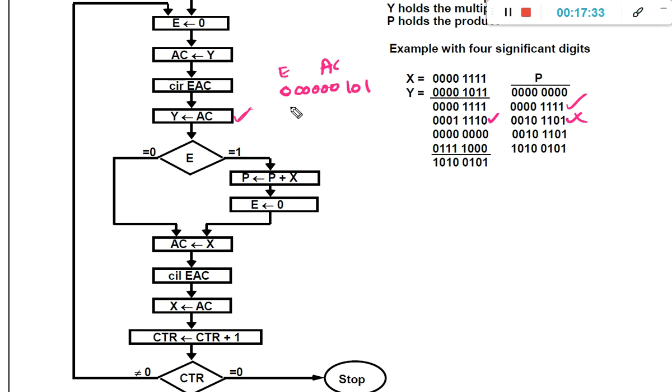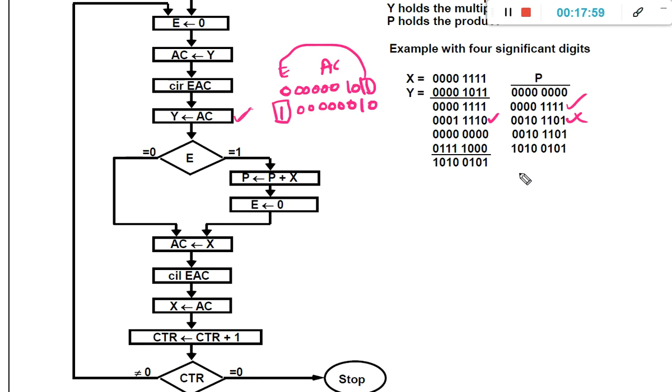Circulate right EAC. Circulate right means what will be the values? 0 0 0 0 0 0 1 0. So this one will come to here, the expansion bit 1. Now the present value of the accumulate register is six zeros 1 0, and this we are going to move to y.